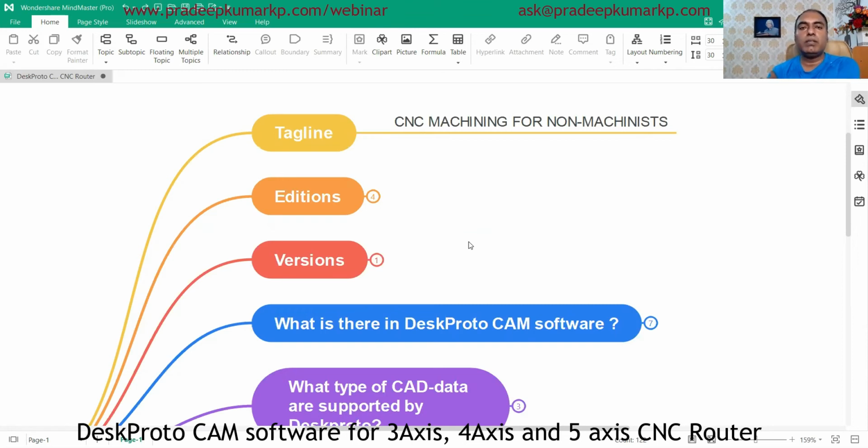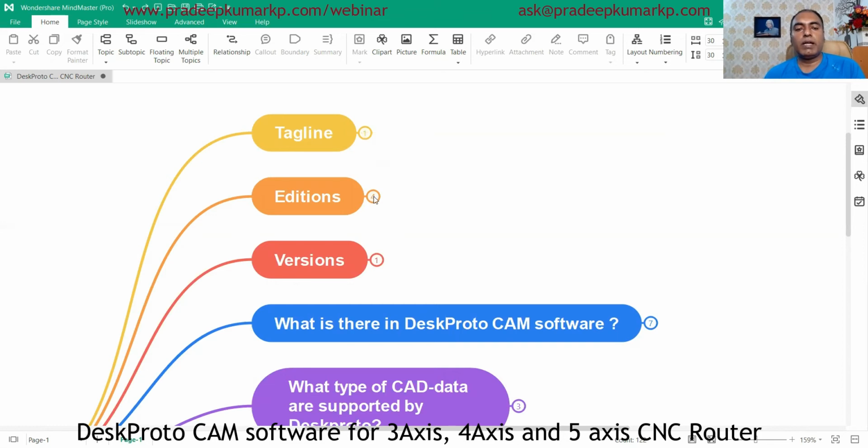That's what they mean. People who know some designing can also easily operate it and create the NC code for the CNC router machine from the software. So that is the tagline for their product, DeskProto, CNC machining for non-machinist.